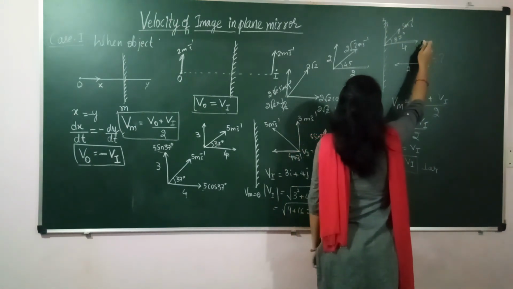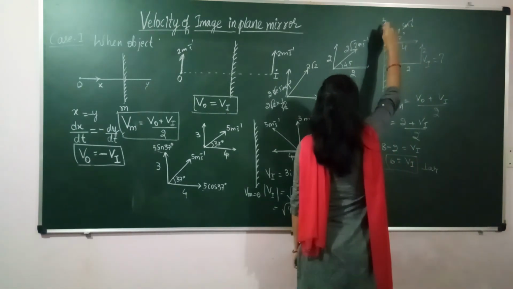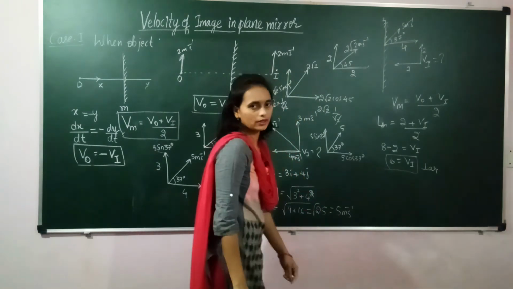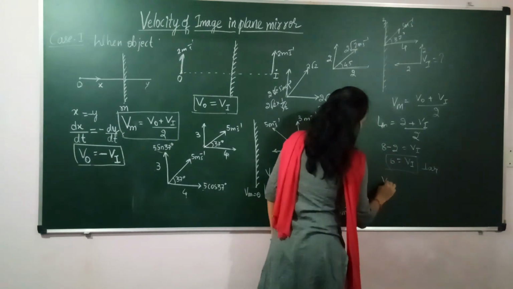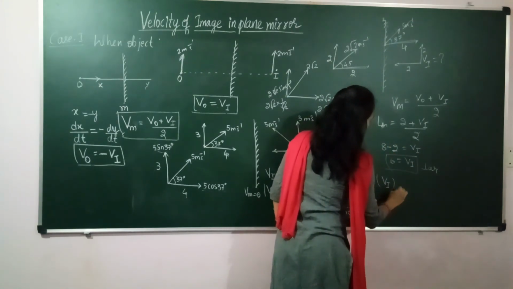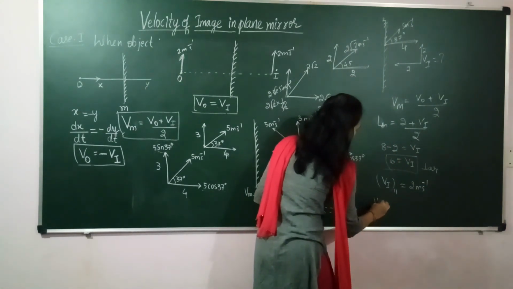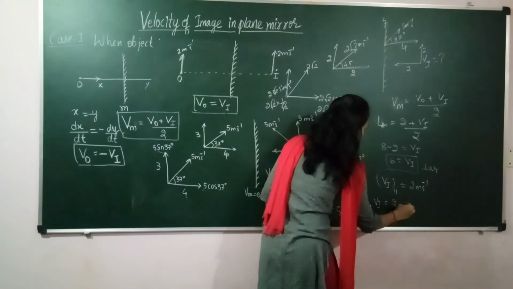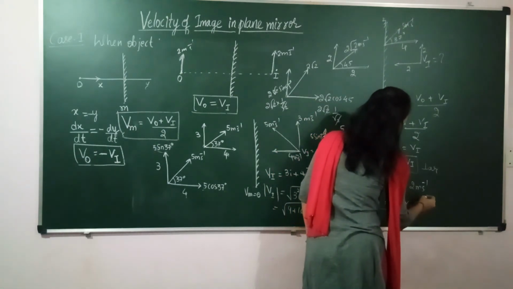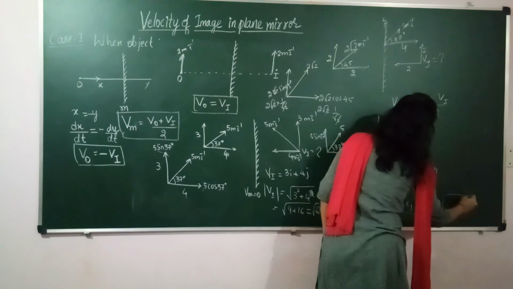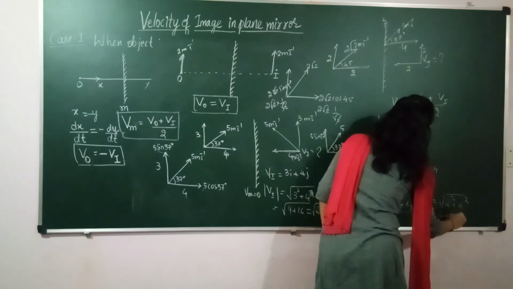And if you take parallel, how much is it here? 2. So here also it will move with the velocity of 2, because if the object is moving parallel, then there is no effect if the mirror is moving parallel. So our answer is velocity of image in case of parallel is 2 meter per second. If you write it in vector form, we will write it as velocity of image equals to 2i plus 6j. So this is the velocity of image. If you take its magnitude, velocity of image equals to square root of 2 square plus 6 square. 2 square will be 4 plus 6 square will be 36.